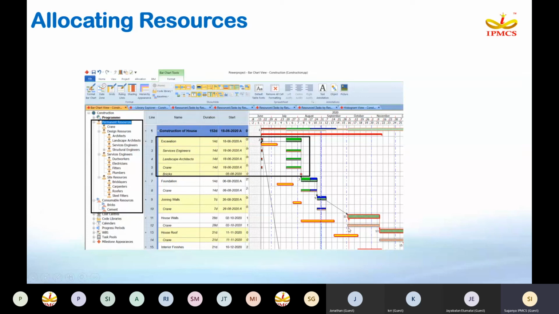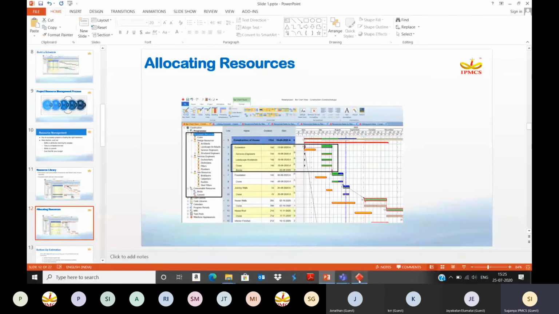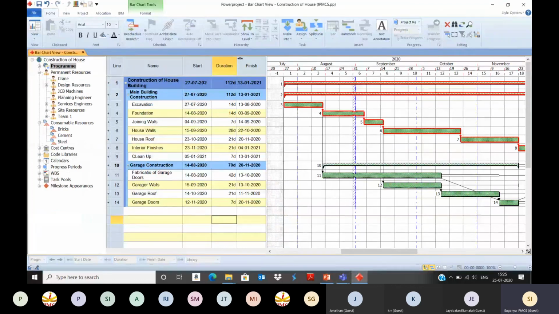Assign all the resources. So go to Power Project. To assign the resources, select the bars. For excavation, I have selected that bar in the bar chart. Now, from the project view, you can select the resource. For example, for excavation, or let's take, if you want to assign one resource for all the activities, select all the activities using Shift.